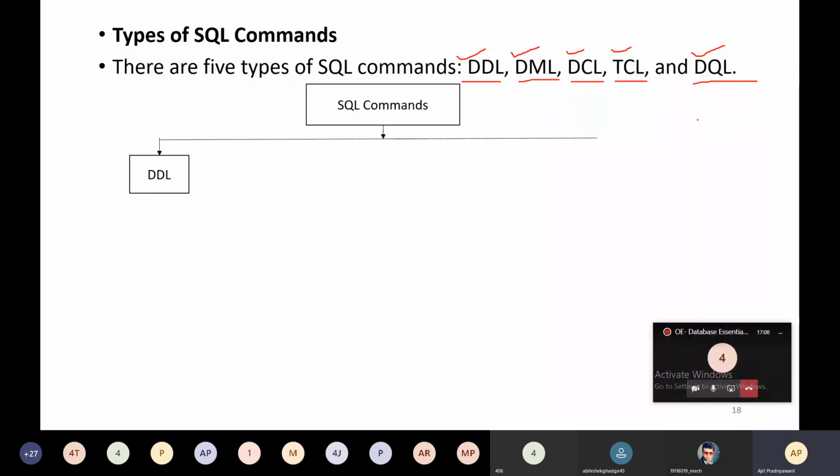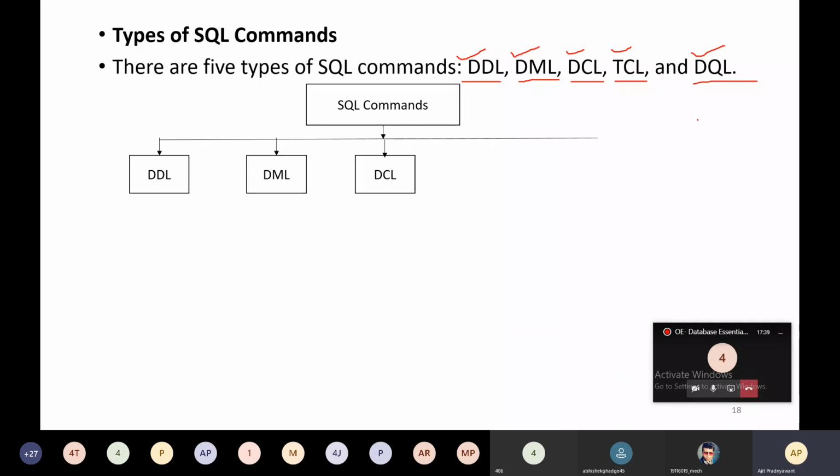SQL commands. First is DDL, that is your data definition language. Now you are a bit familiar with this. Then DML, data manipulation language. You have also learned this concept. Data control language, it's new to you, but you must be familiar with all these types of SQL commands.